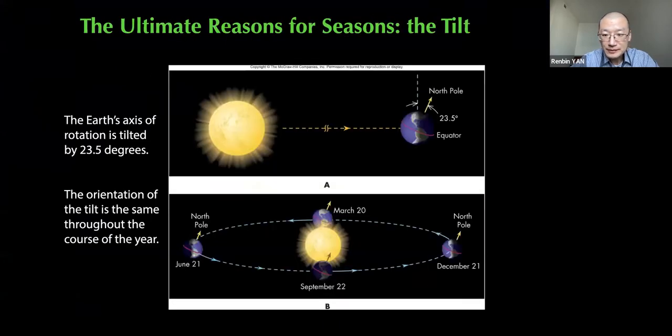So let's look at this plot. The sun is here, this is Earth, and the north rotation axis is pointing towards the North Celestial Pole. On June 21st, the sun is shining directly towards the northern hemisphere because the pole is tilted towards the sun on this part of the orbit, so that the sunshine is more direct, very strongly directed towards the northern hemisphere,